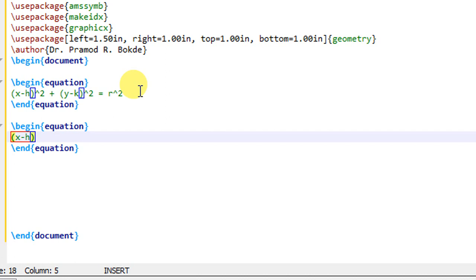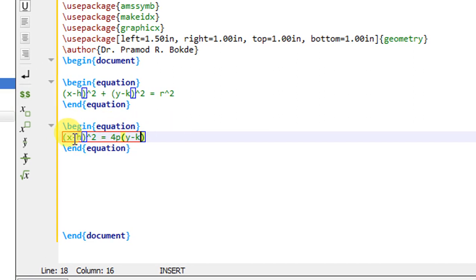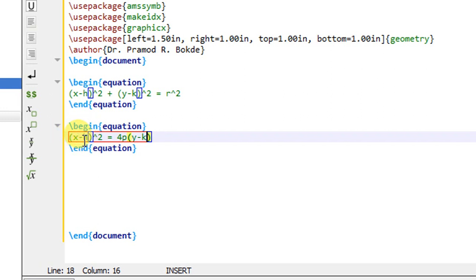So cap 2 will create the x minus h square, and that is equals to 4p, and in another bracket on the right hand side we require y minus k. So this will produce the second equation. I will repeat: in bracket we have x minus h, cap 2 means it will produce the square, that is equals to 4p. In another bracket we have y minus k.